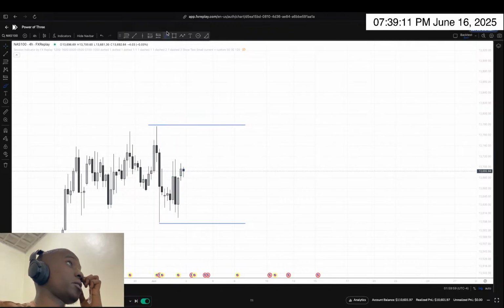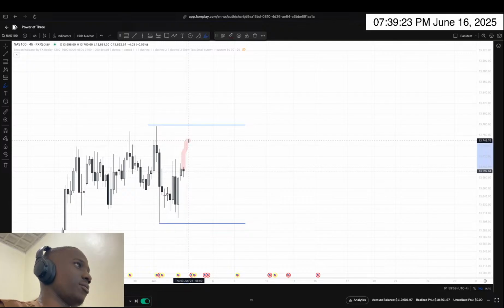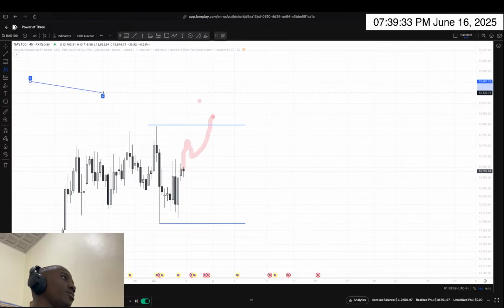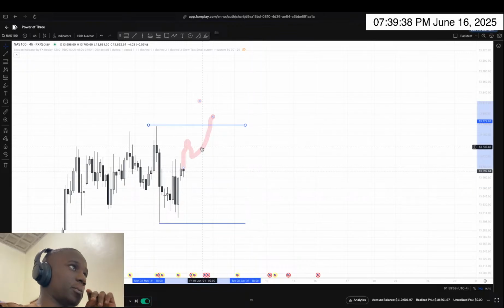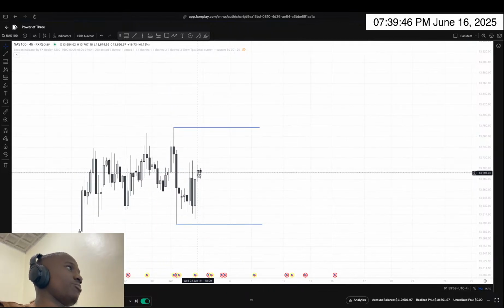Okay, great. Now let me change the brush to a highlighter. Okay, I don't need a brush, I need a highlighter. Good. So you want to see a push like this, then we come back down, and then a retracement into some kind of POI, then we push right there. That would be what I want to see on the day. So I'll remove this. Just want this high here, and basically I just want to see a shift, then a push.